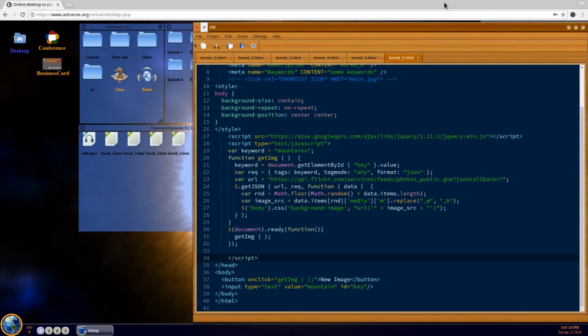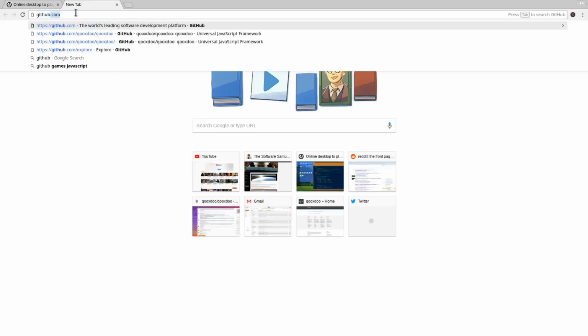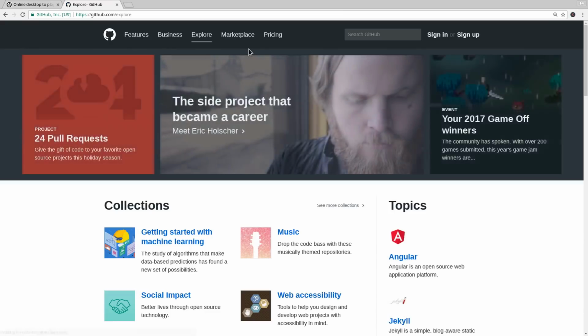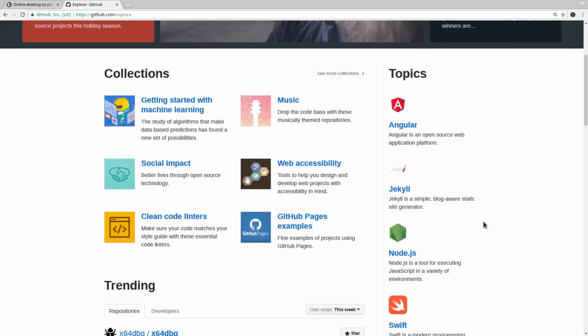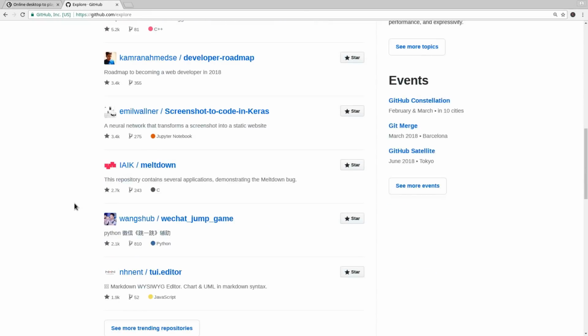Number 7 is not actually coding anything specific, but it is a web page which allows you to store your source code online and open it up so other people can use it or view it. It's also a site where you can download other projects. If you go to explore, you have the option to take a look at trending projects, and I would highly recommend that you sign up if you don't already have an account over there and start playing with